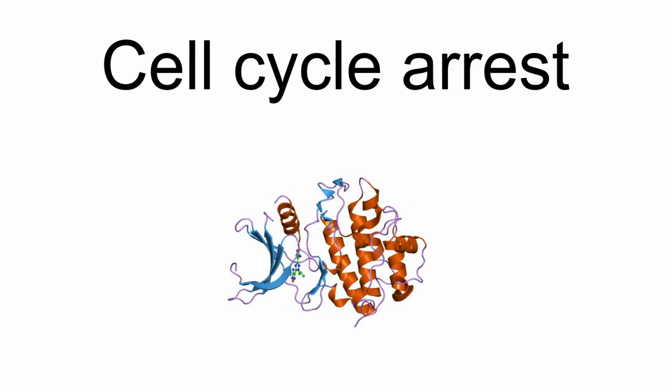CHK1 interacts with many downstream effectors to induce cell cycle arrest. In response to DNA damage, CHK1 primarily phosphorylates CDC25, which results in its proteasomal degradation. The degradation has an inhibitory effect on the formation of cyclin-dependent kinase complexes, which are key drivers of the cell cycle. Through targeting CDC25, cell cycle arrest can occur at multiple time points including the G1/S transition, S phase, and